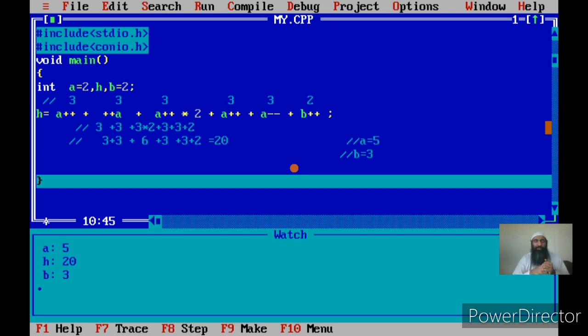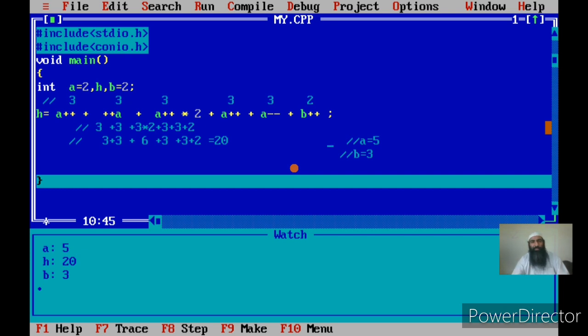So in the evaluation of an arithmetic expression which uses increment or decrement operators, we have to see whether the increment or decrement operator has been used in prefix form or postfix form. In case it has been used in prefix form on a variable, then that variable is to be incremented, and the final value that settles after the incrementation of the variable, because the variable may be incremented at various places in the arithmetic expression. Once we get the final value of the variable, that value will be used in the arithmetic expression, and the evaluation will be done on that value.